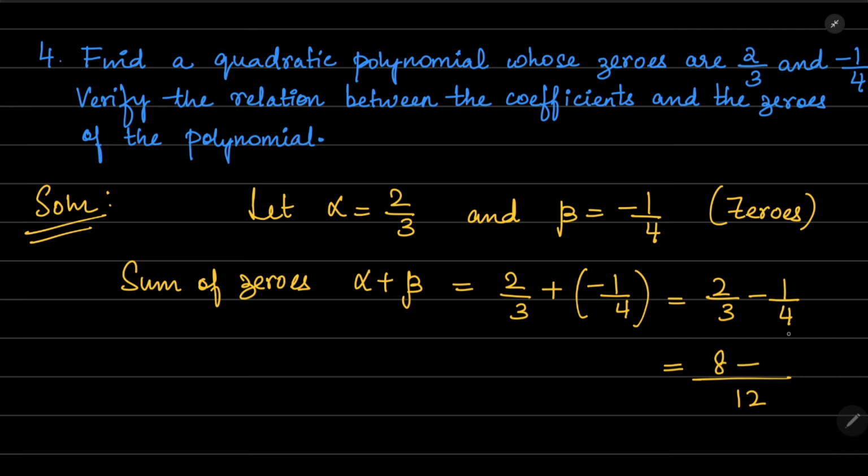4 into 2 is 8, minus 4, 3 ones are 3. So this is nothing but 5 by 12. This is your sum of the zeros. Okay. Similarly, let's calculate the